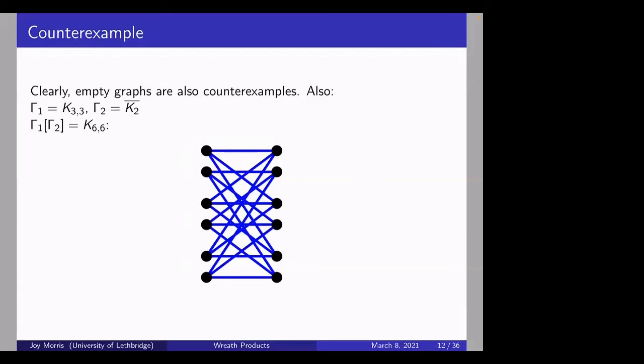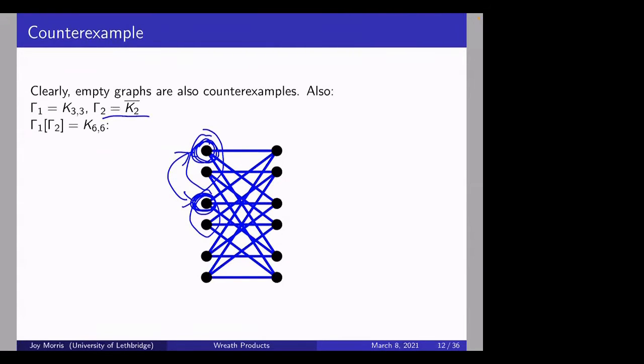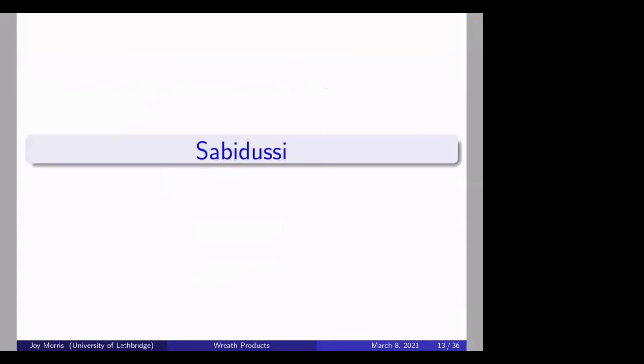And again, remember, these are my copies of my original gamma 2, but I can certainly mess them up while still creating an automorphism of my graph by, say, exchanging these two vertices and leaving everything else alone. This will be an automorphism of my graph that does not preserve the copies of gamma 2, and therefore the automorphism group of this new graph is not the wreath product of the automorphism groups of the two graphs I started with. So Harari's theorem was not correct, and this was noticed by Sabidussi.